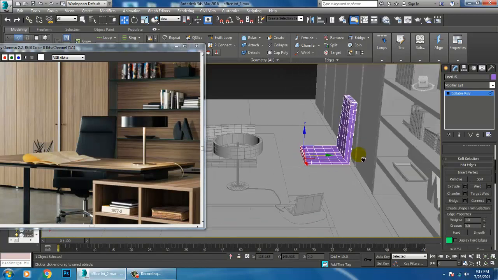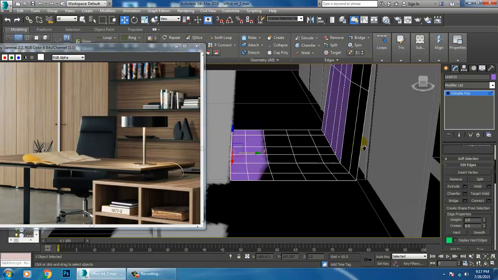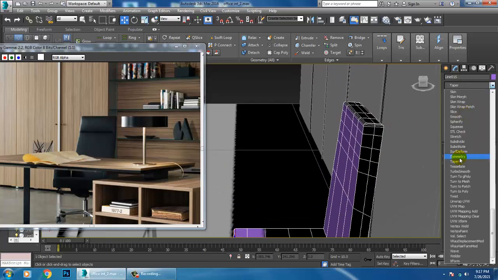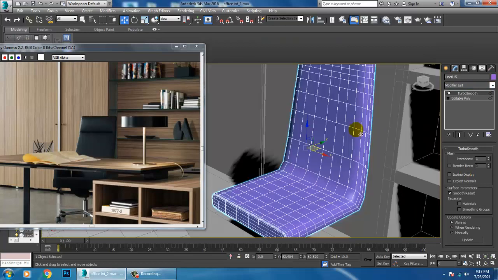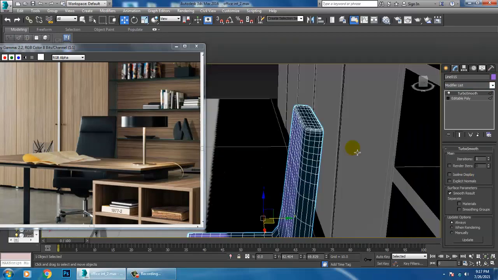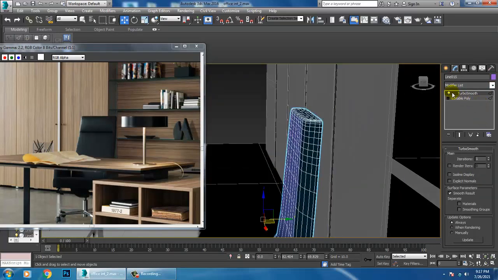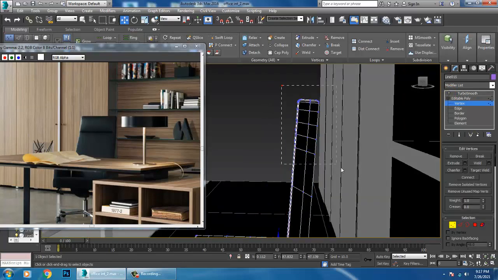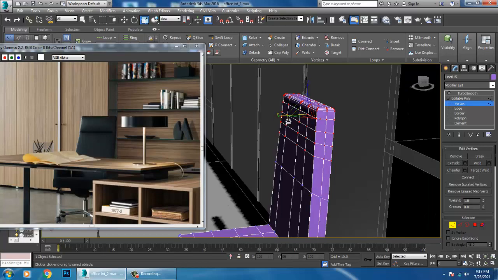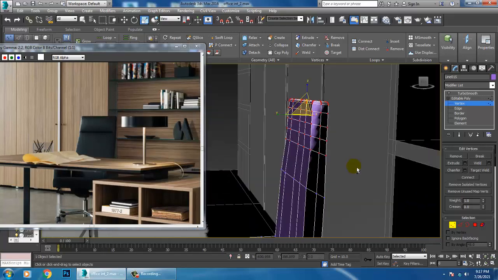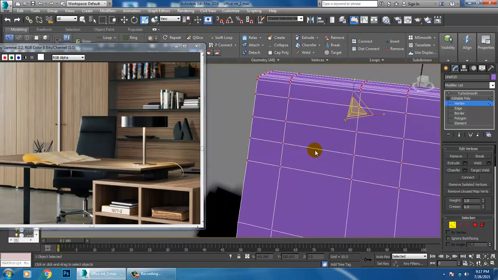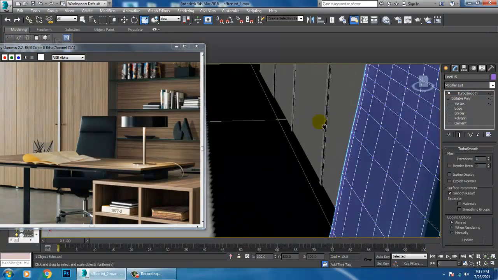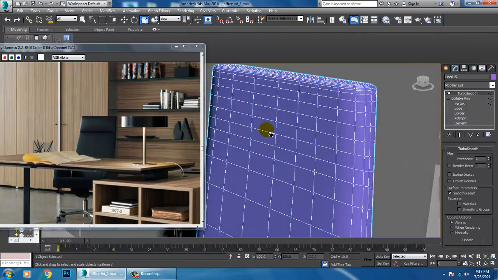Once you're done with this, I can go into this and give a bit of turbo smooth if required. Before we give turbo smooth, I can go into the vertices and slightly scale it if required and activate the turbo smooth.